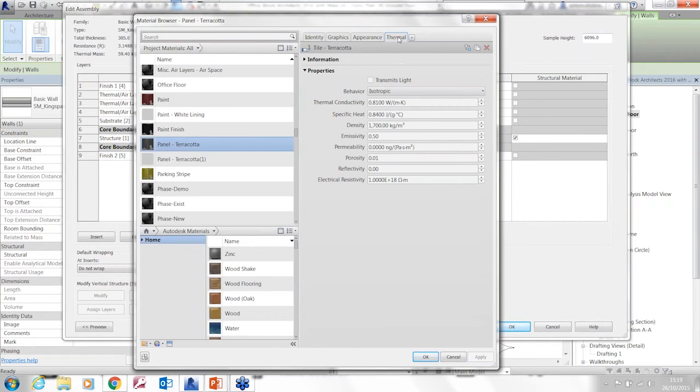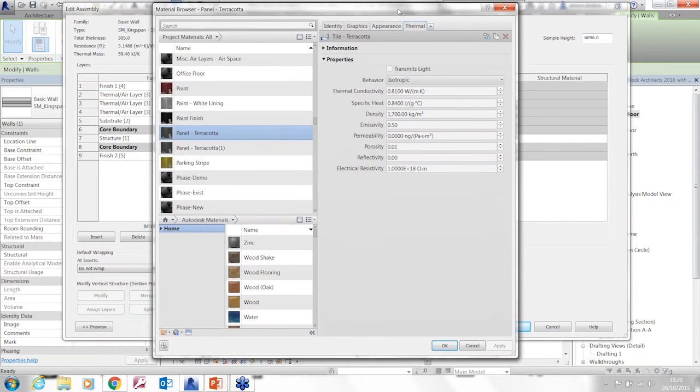I've got an asset in here called tile terracotta, which has the thermal conductivity value for that particular material. And I can start to set up each of my materials in here with one of these assets. Now, if you haven't used the material editor much, just be very careful what you do when editing